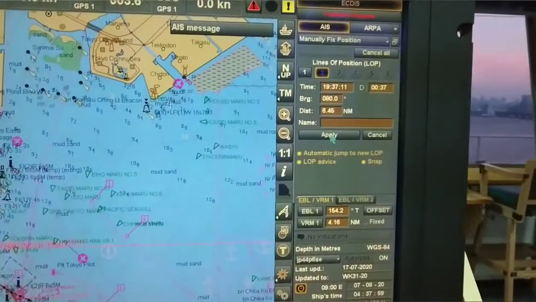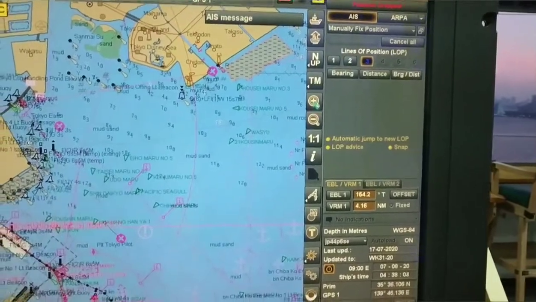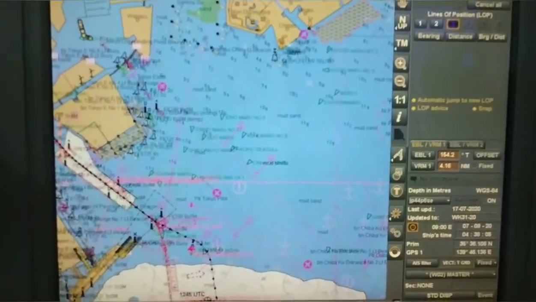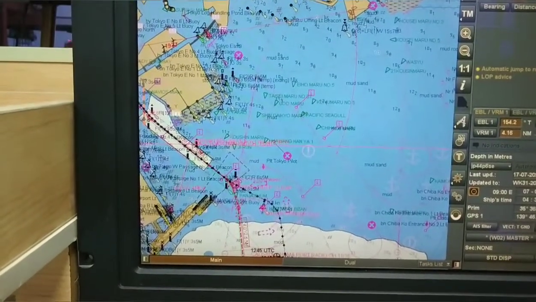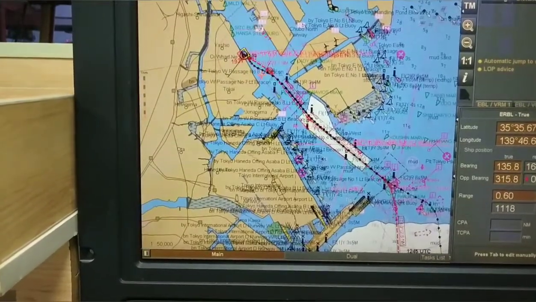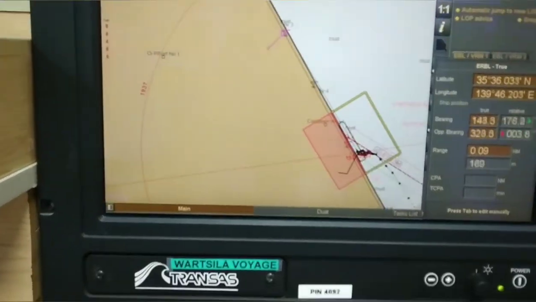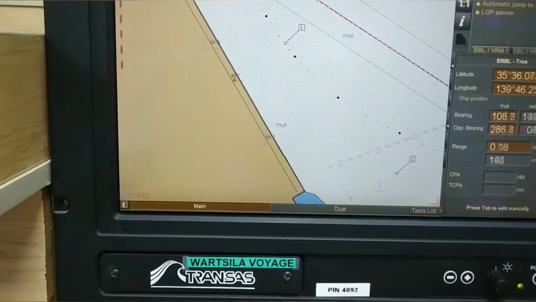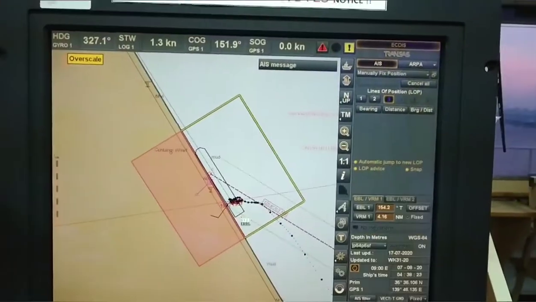I put bearing 080, distance 6.85, and click apply. You will get this LOP from your position. To check the LOP, I zoom in more, and you can see one LOP has been marked. In this way you can plot an LOP.